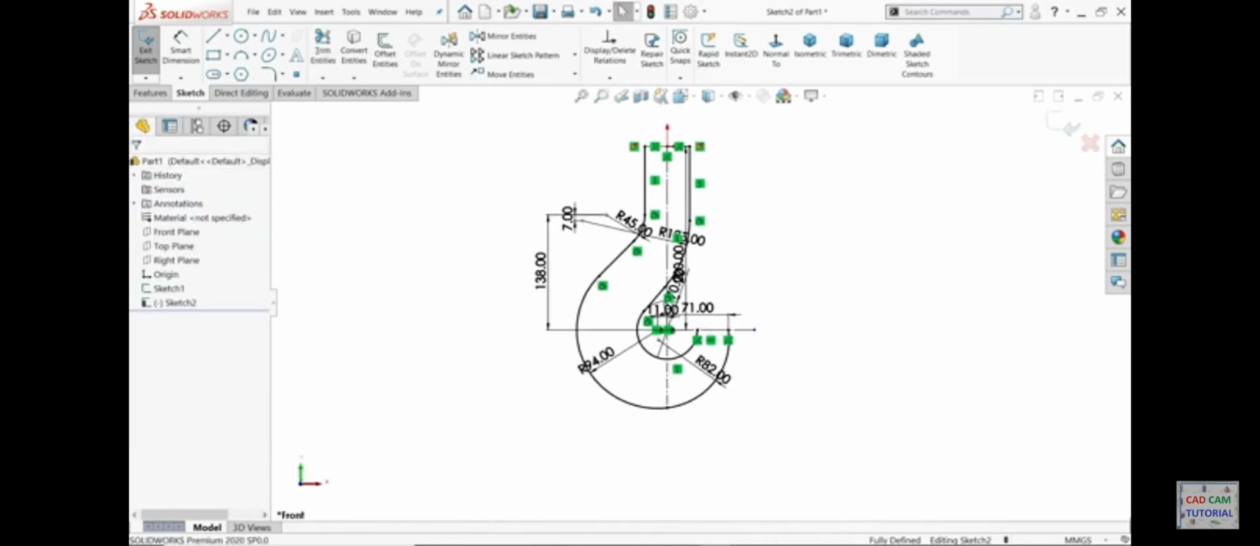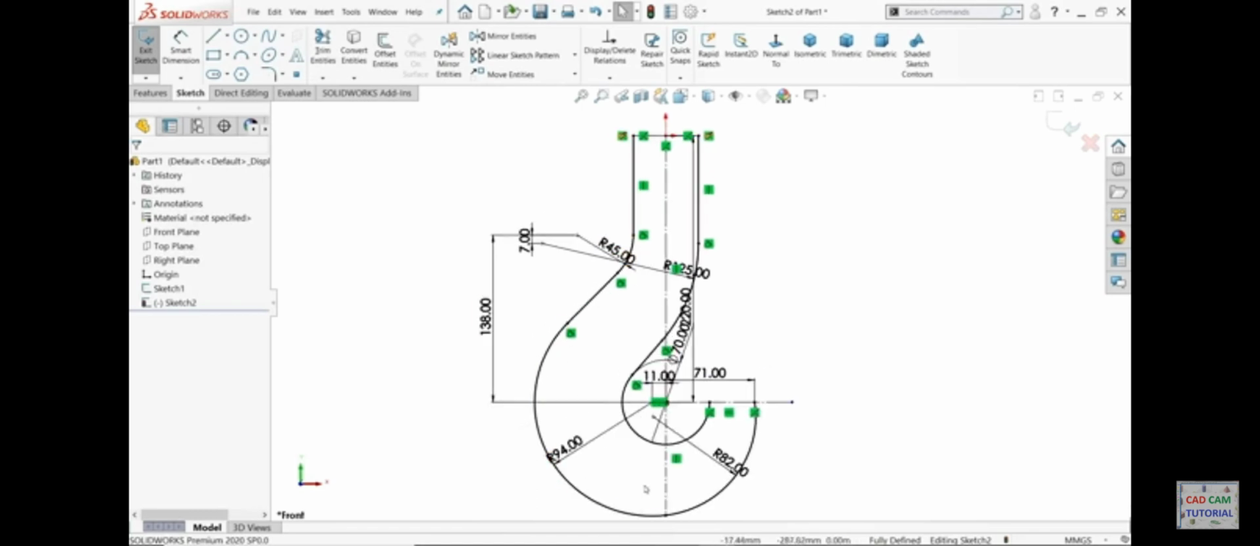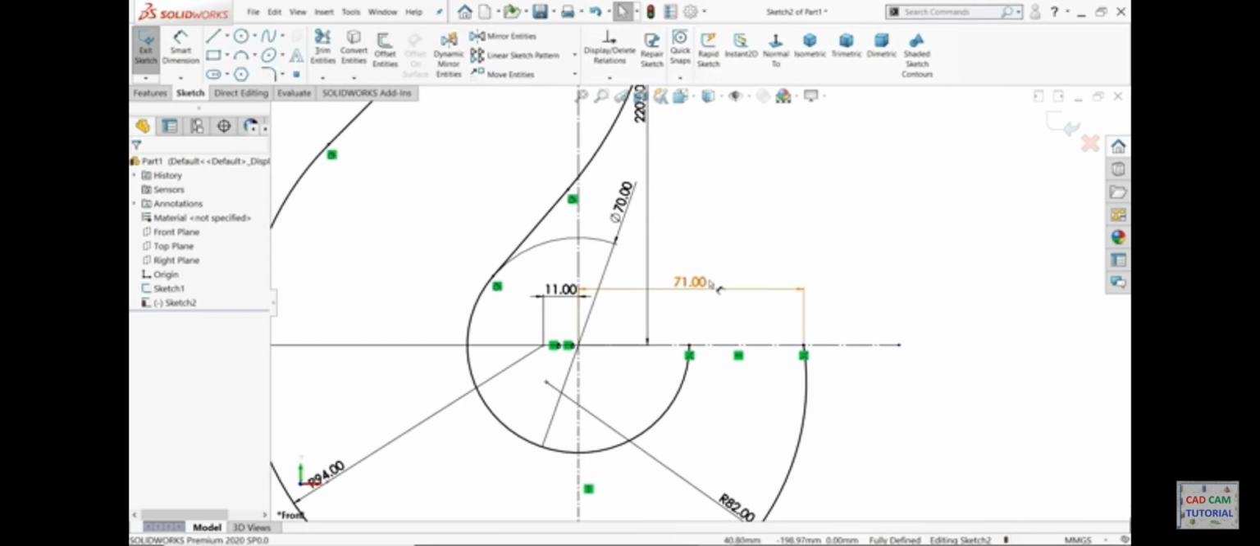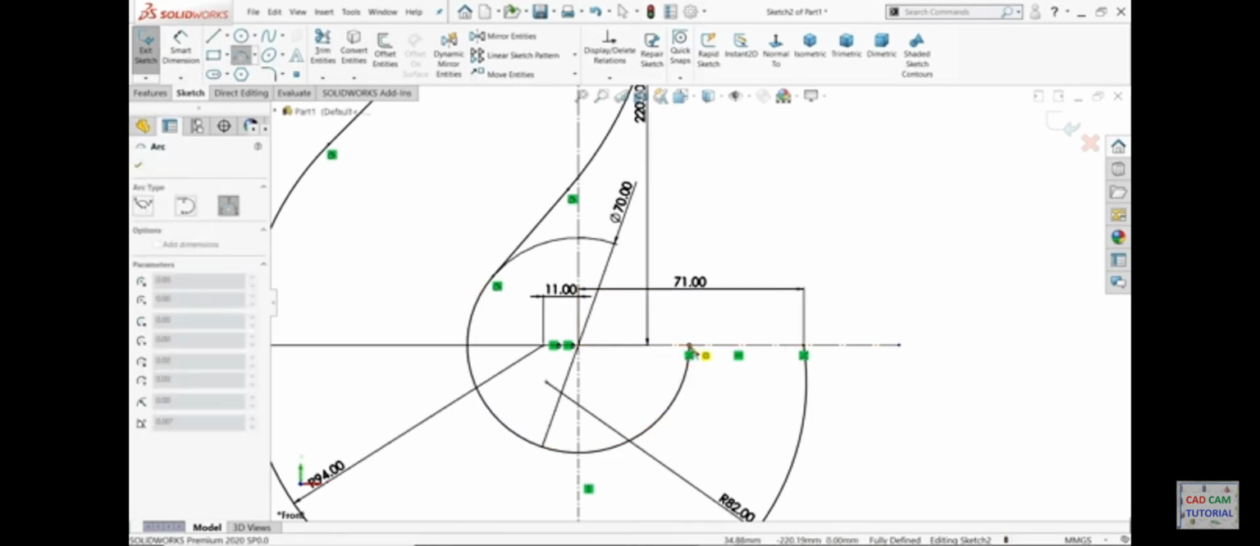Okay. Now every path we are going to define separately, not in one sketch. We will draw in one sketch, but we will transfer to another sketch. Why are we going to draw in one sketch? Because it gives a perfect shape. If we draw separately, it's difficult. So we will just copy paste in the next sketch. Now